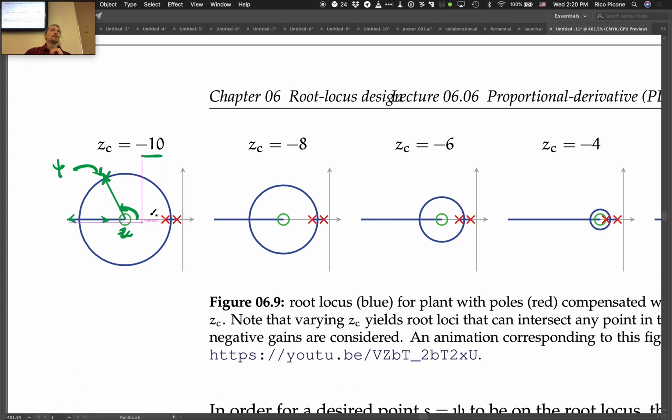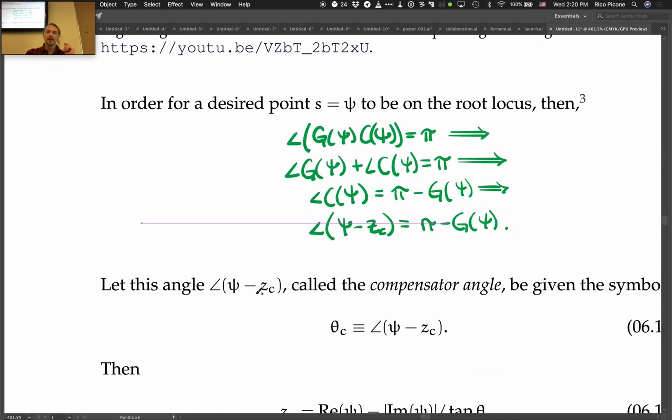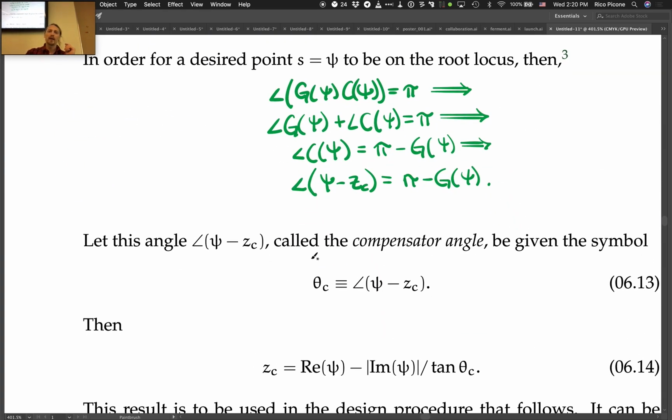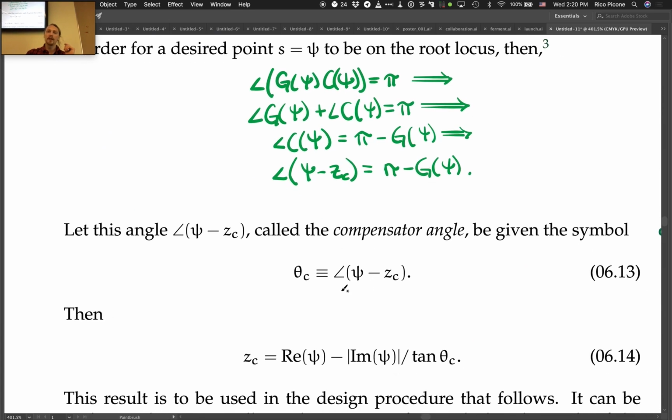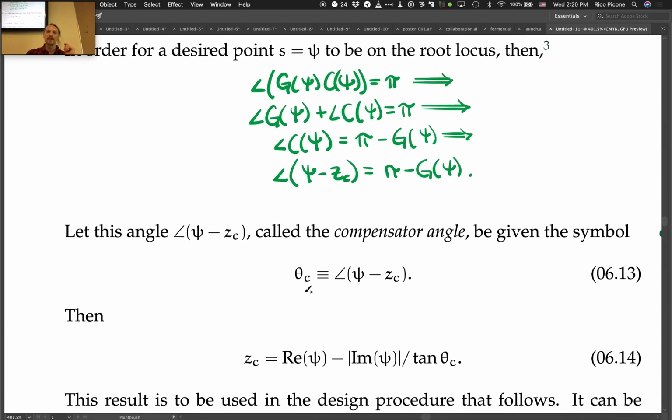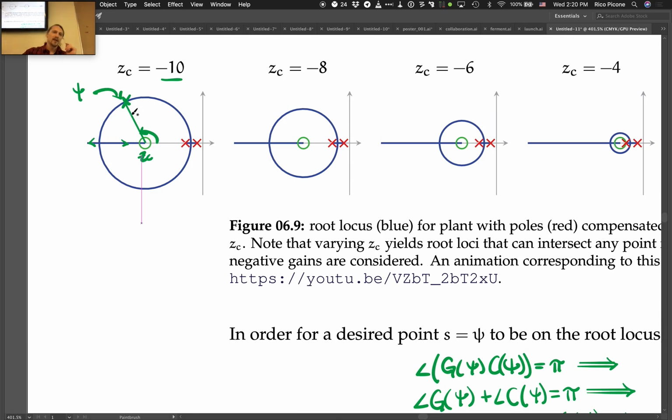That's what we're solving for here. First of all, we need to know what the angle contribution it needs. And then once we know the angle contribution, we'll be able to find out what the value of ZC is. So that's what our goal is. So we say, okay, we're going to call this the compensator angle and give it the symbol theta C. So this is theta C